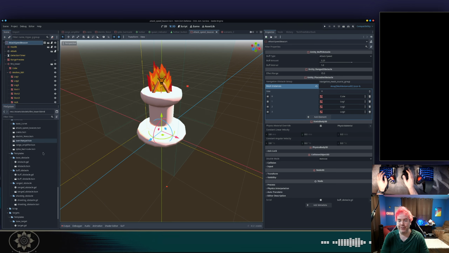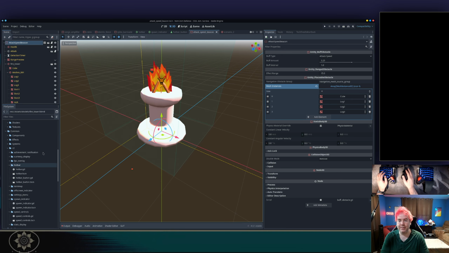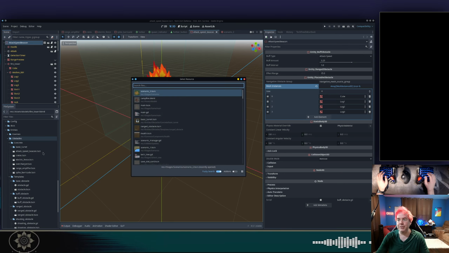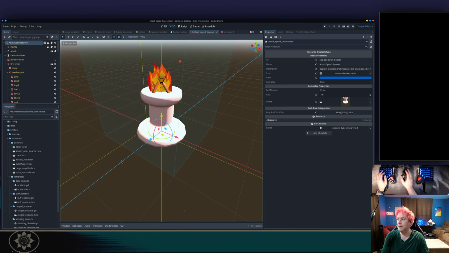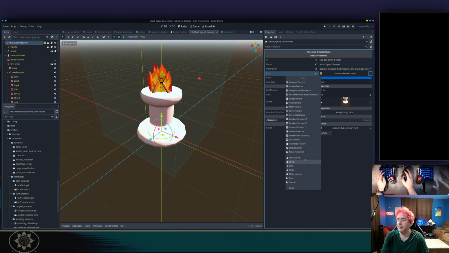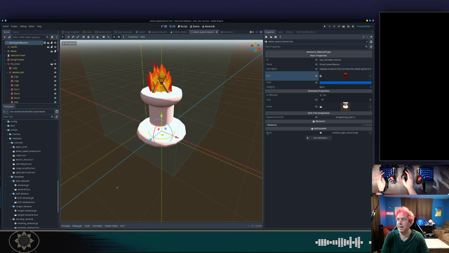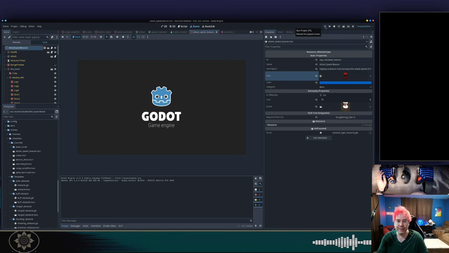So let's go find our config again and see if that actually got saved. Yeah, if I just look for beacon, it did not get saved. So let's try that again. Quick load, fire tower, save. Okay, so now when I run the game,